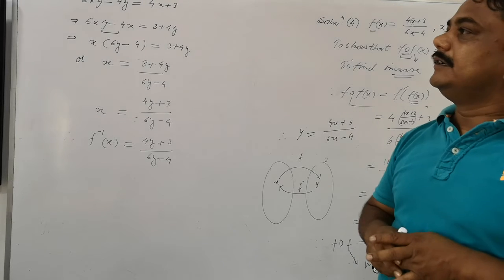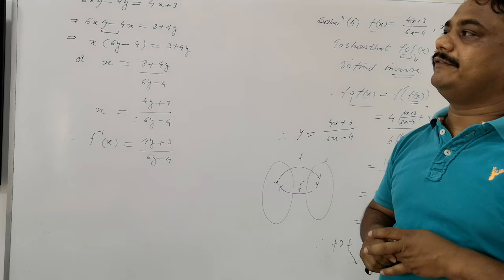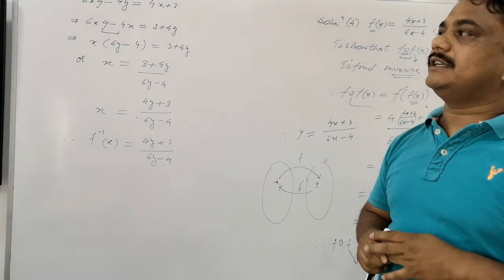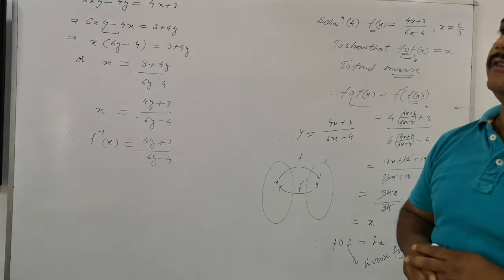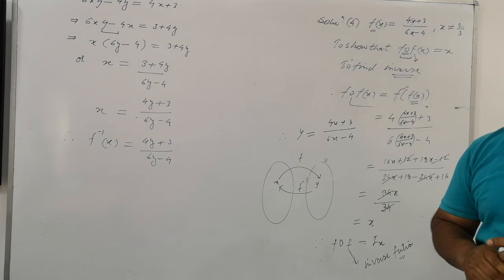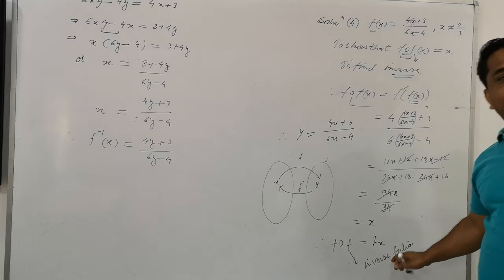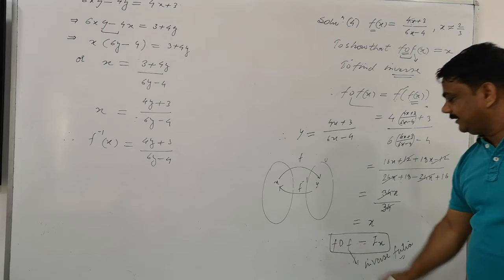What is that? State with reason whether the following functions have inverse. Do you know what is to be found? State the reason whether the inverse function exists for the function from 1, 3, 10 with 110, 210, 310 and 410. We have to tell whether the inverse exists or not. Reason means what? You have to give the reason of ix. This is a very important line for proving the inverse.